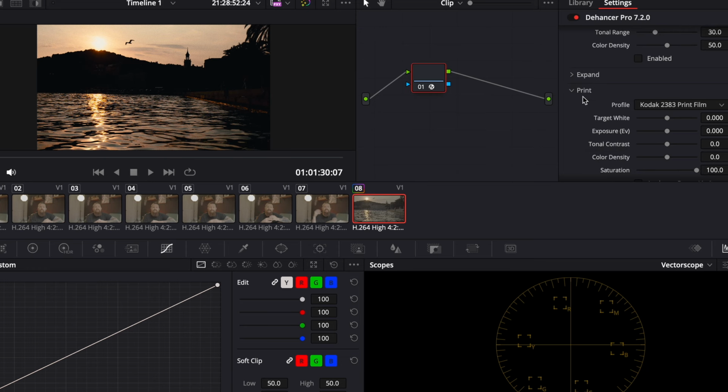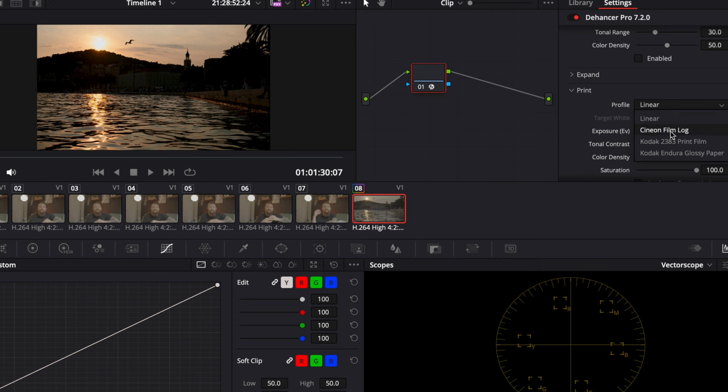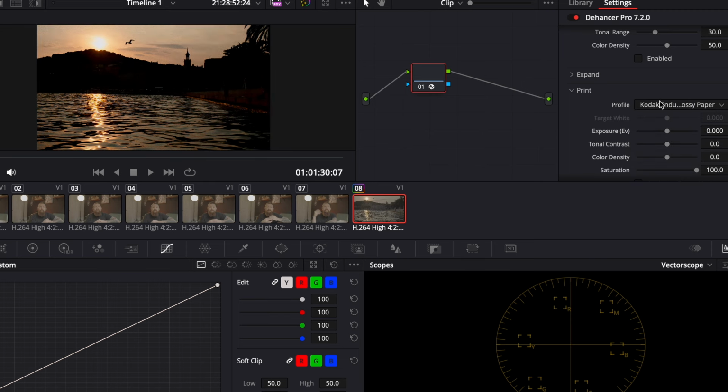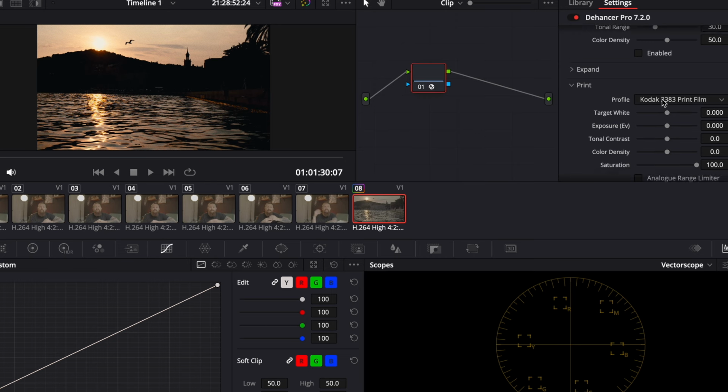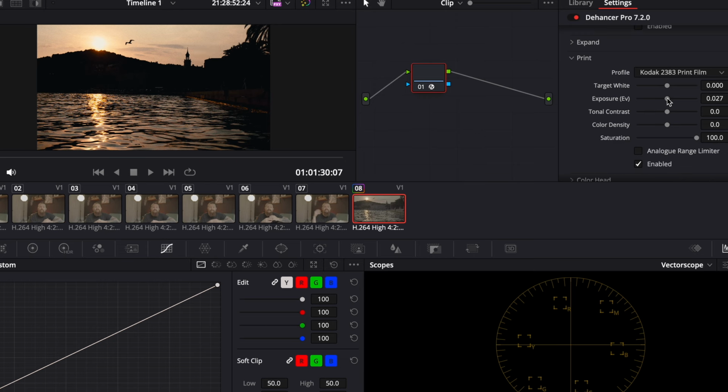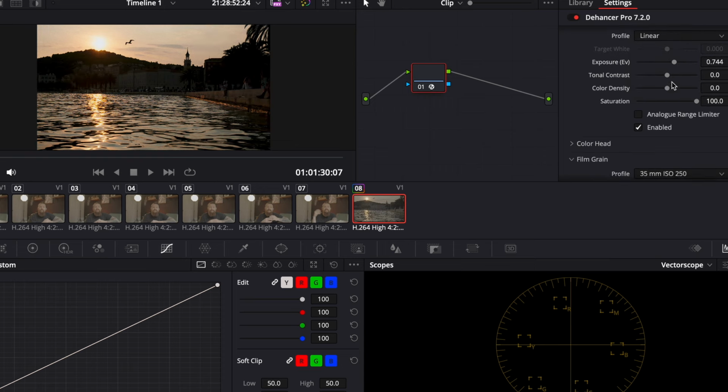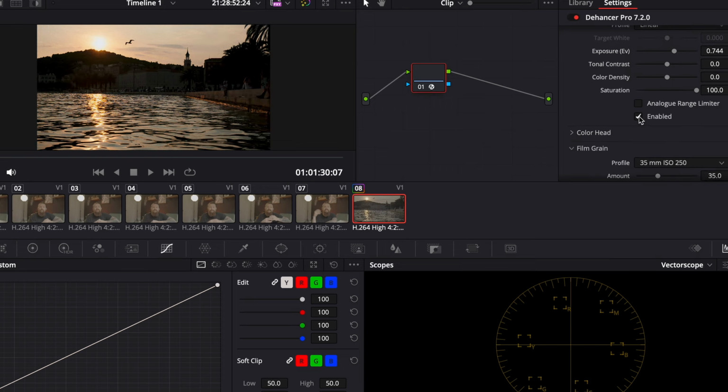So then we go down here to print, and this is the one that I find interesting, right? Because you have these different ones. You can have linear, you can have the film log, right? Or you can have this print film, or you can have like a glossy paper finish to it, and you can see the difference, right? It's like what happens when you print an image, which to me is kind of cool, right? And you have like your targeted whites, your EV, you have all those different things you can do. And me, I like just going to straight linear, and like I said, you can just do this, enable, disable,